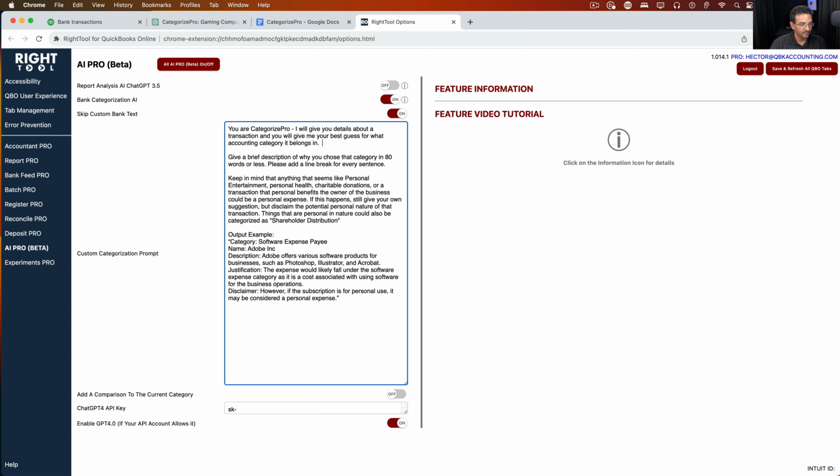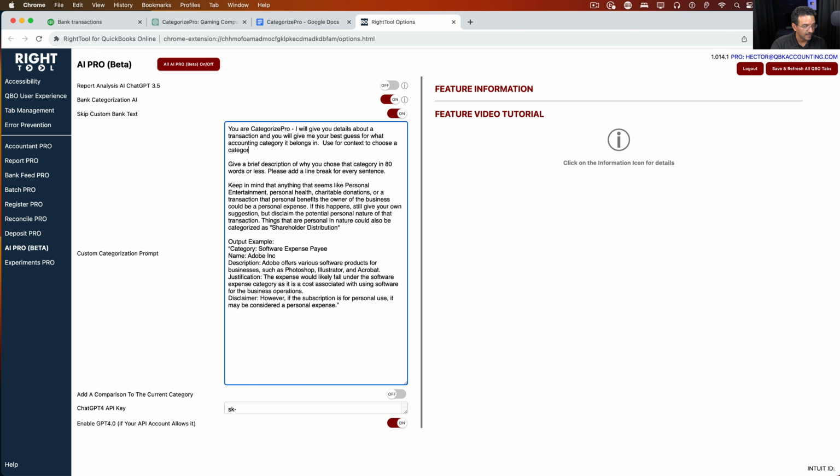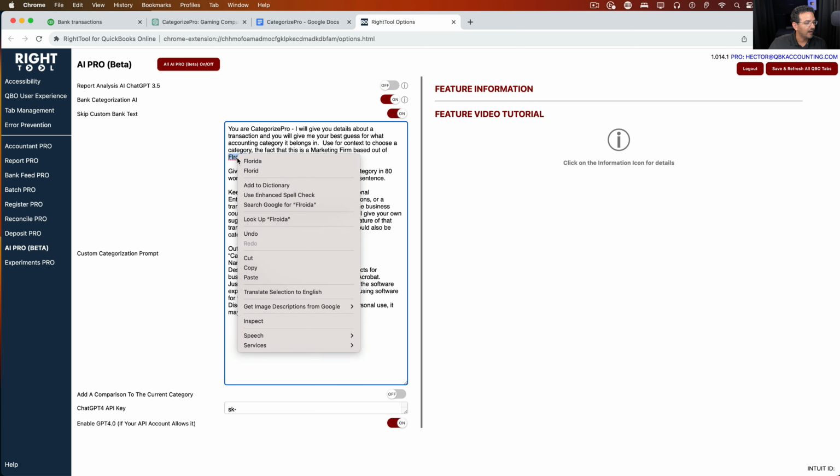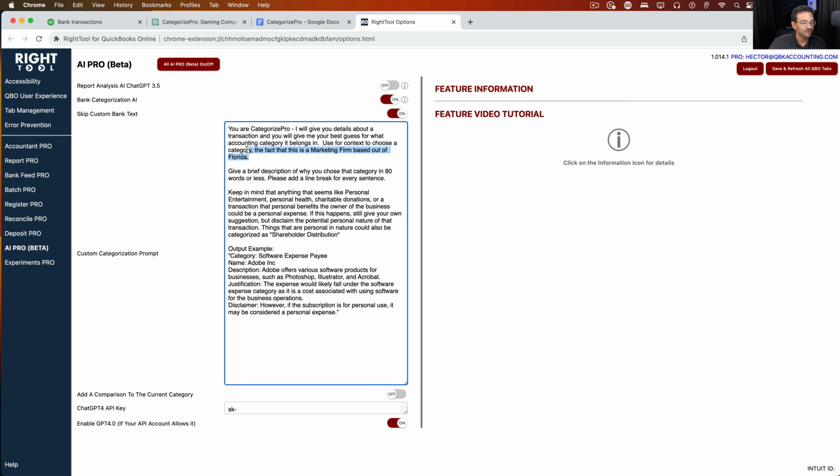I'm going to add here: use for context to choose a category the fact that this is a marketing firm. Let's do marketing firm based out of Florida. Okay, so I added some additional context to the original prompt, and you can add whatever you want.